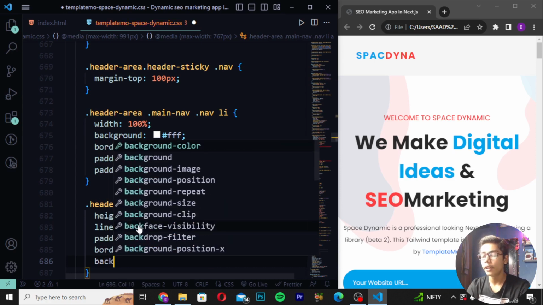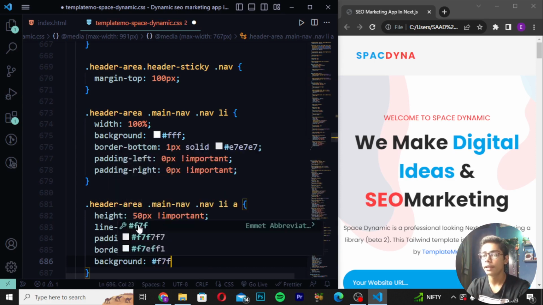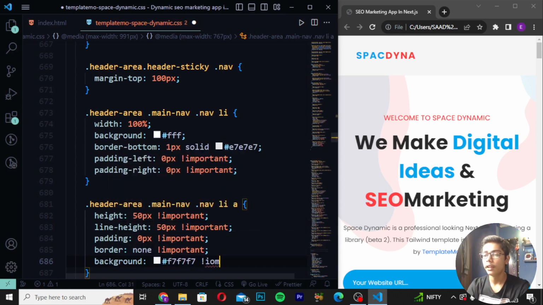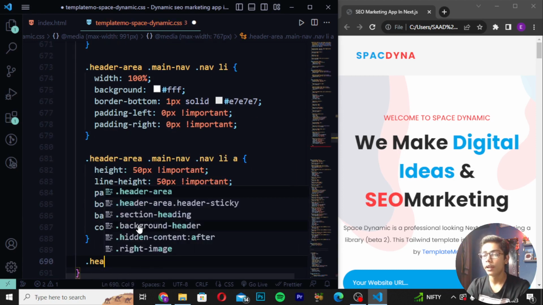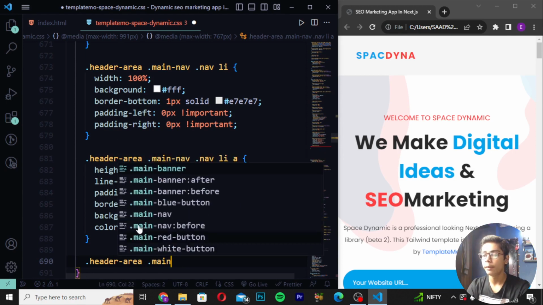Then you have to now write here background, which should be having F7F7F7. Then create here important, so I will be now writing here as well. After writing this, you have to now write the text color this time 191820 like this, and I will be writing here important. Then you have to now write here header area this time and create main nav, and I